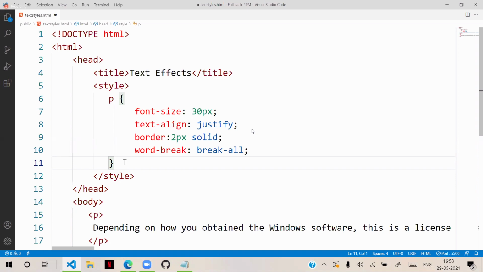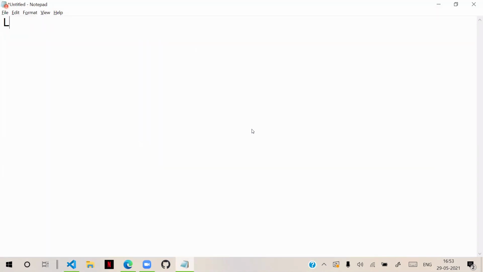Next, after understanding text styling, we need to know one more option: list styling. List styling means when you are writing an ordered list or unordered list, how to configure the styles for them. What are the options?